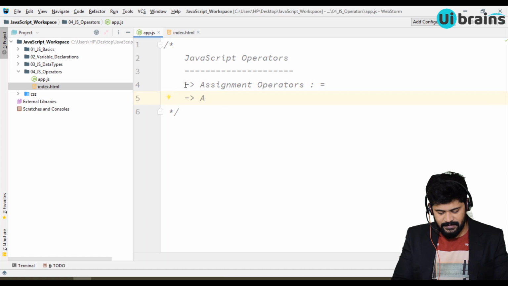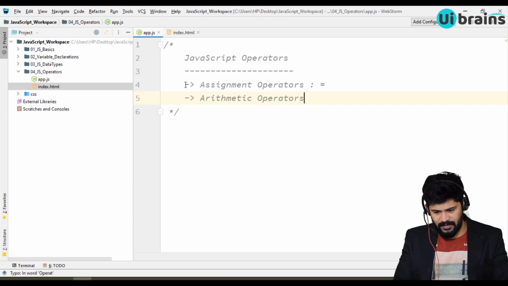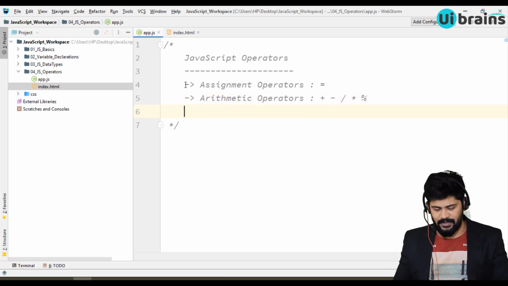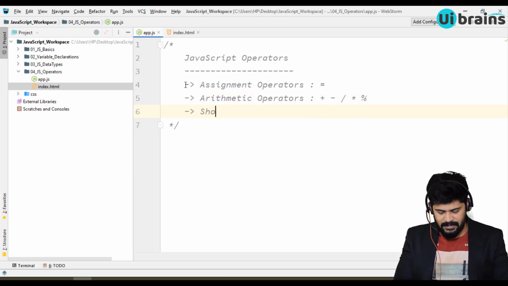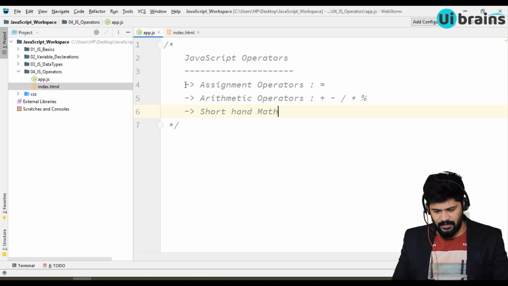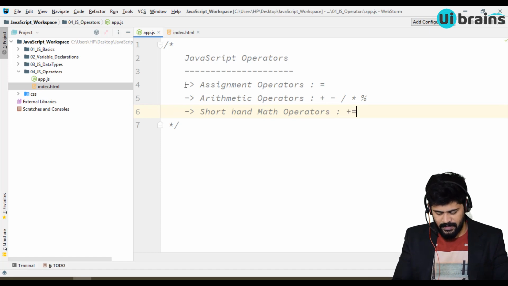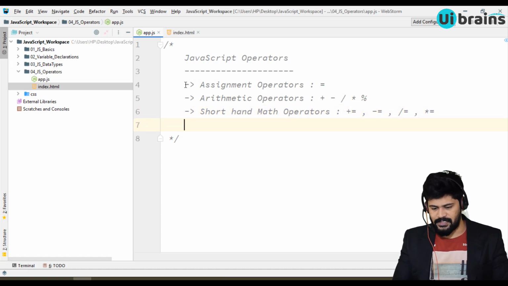Next, arithmetic operators like plus, minus, slash, star, and percent. These are all arithmetic operators. And then you have shorthand math operators, like plus equal to, minus equal to, slash equal to, and star equal to. These are all shorthand maths.